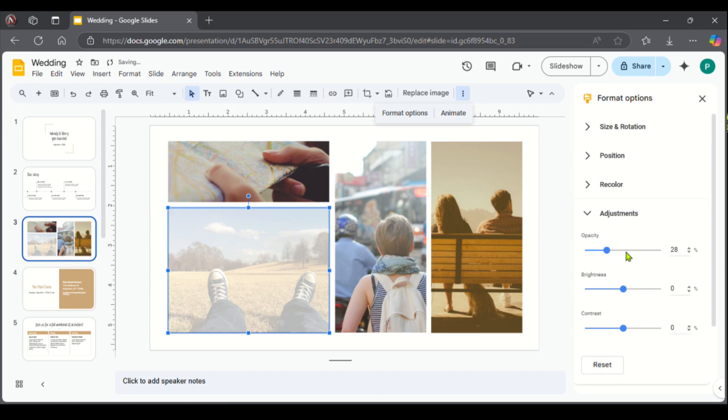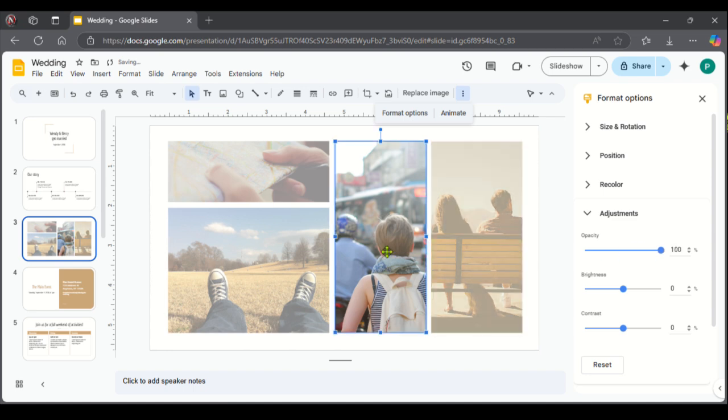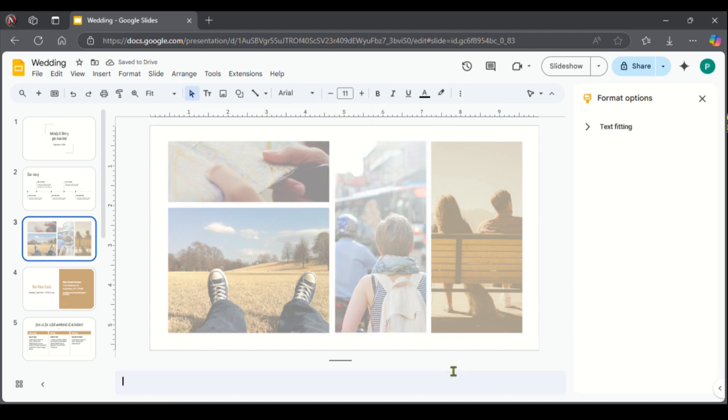You can see this, and you can also do the same for all other images. Just try and reduce the opacity of the image, then the same thing with this. Try and decrease the opacity, then the one in the middle, apply the same settings to it. You can use this, then you can reduce or probably add a text box to it. Then you make your slide